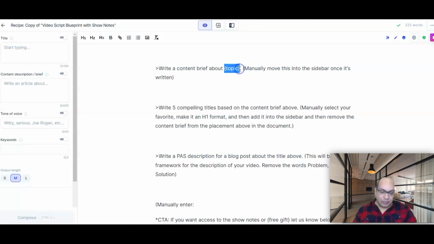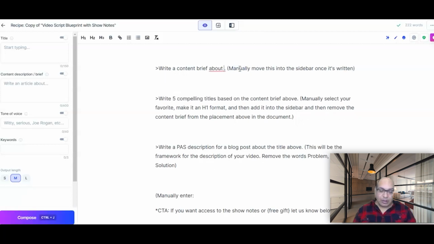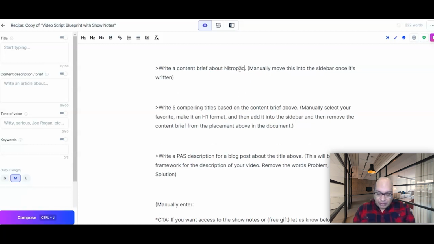So let's see, the topic that I want to talk about in my next YouTube video is Nitro Pack versus WP Rocket. Now, they also have shortcuts for using the script.